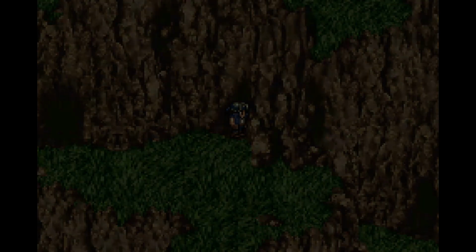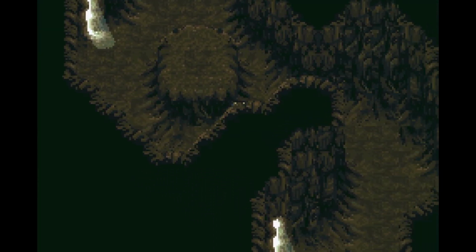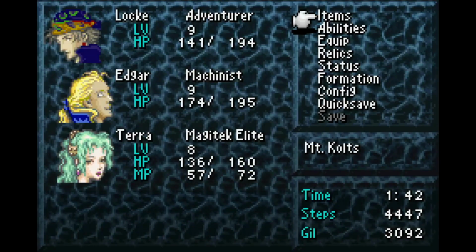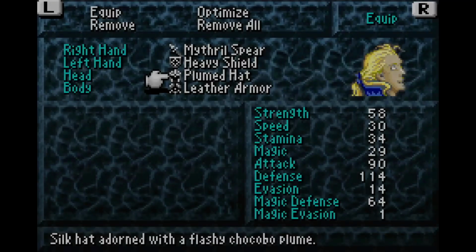Let's go in here. And got a big rock. Walk around it to the south. Locke got a level from that, and I actually stole a bandana from that Zaghrem, which I'm pretty sure is a headpiece that is better than the plumed hat. So I think, can everybody...